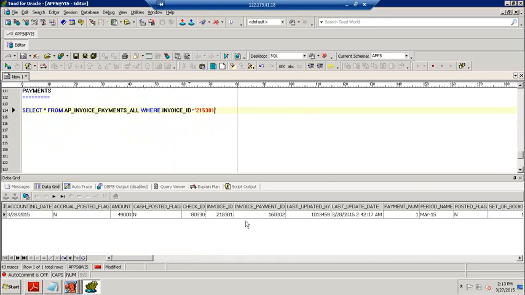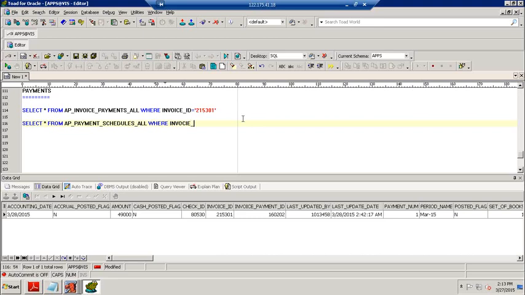Yeah, so it is created. The respective amount is 49,000. Then next, we also have one more table, AP payment schedules all. This table is going to show us how much amount is pending, right? We want to check it in this table also.